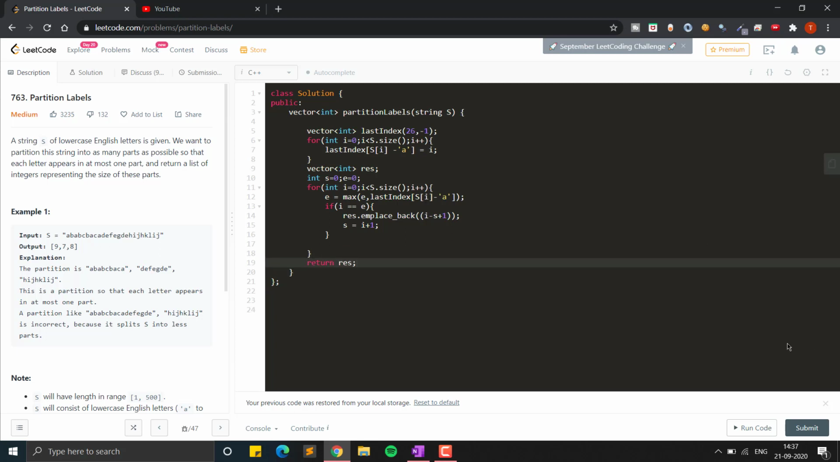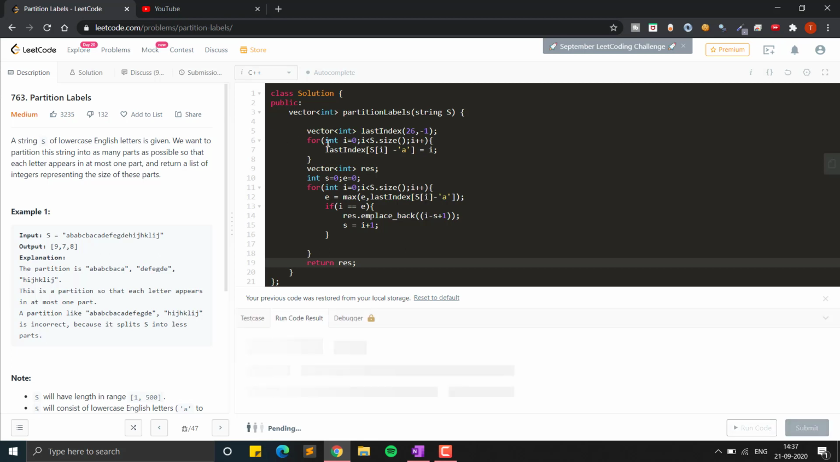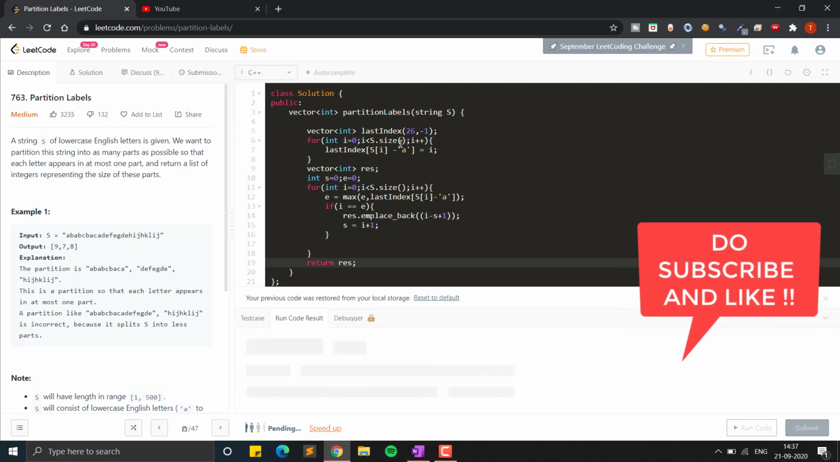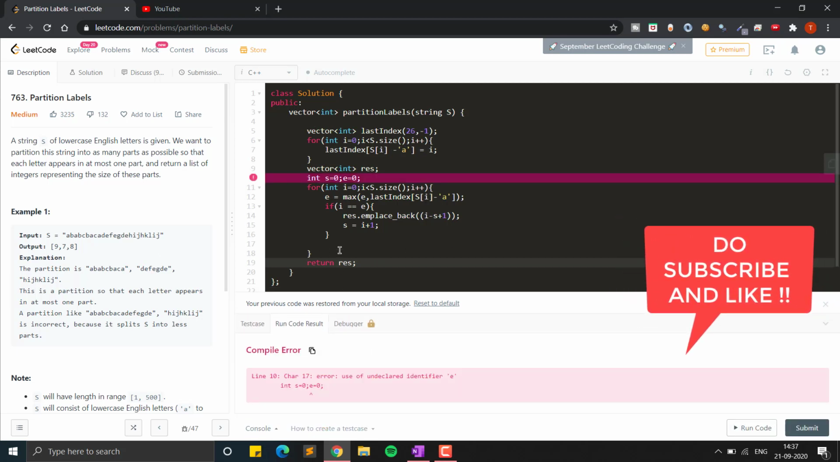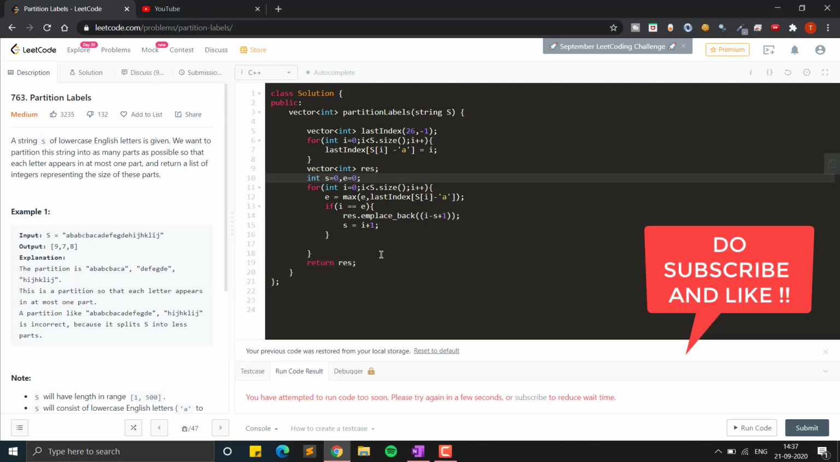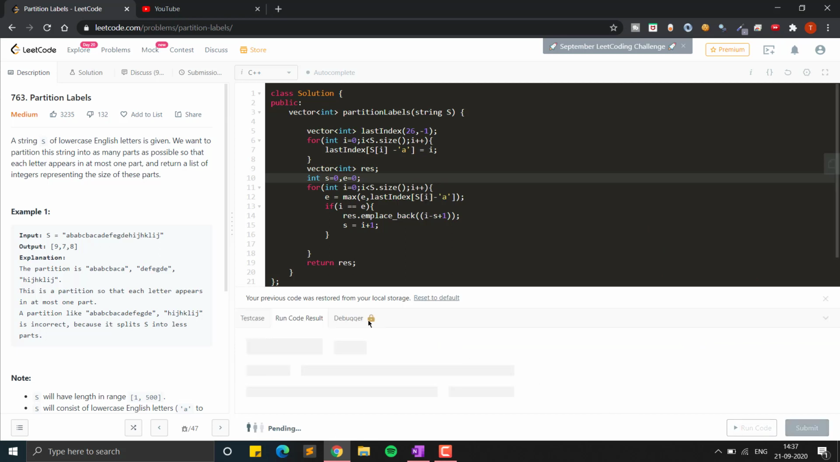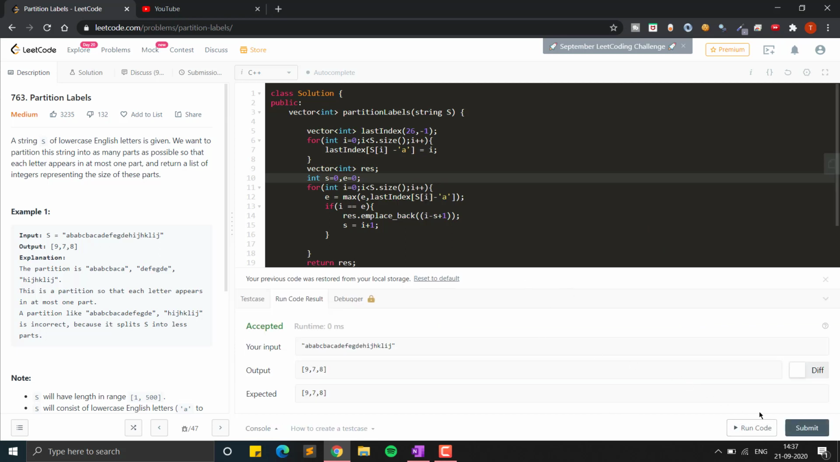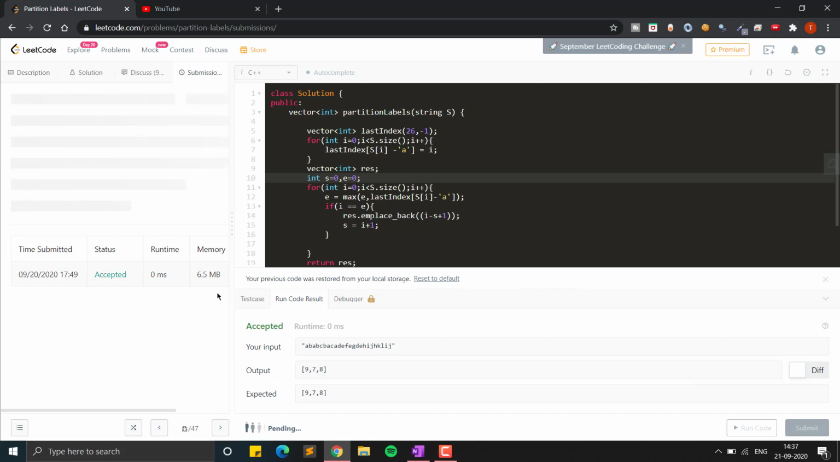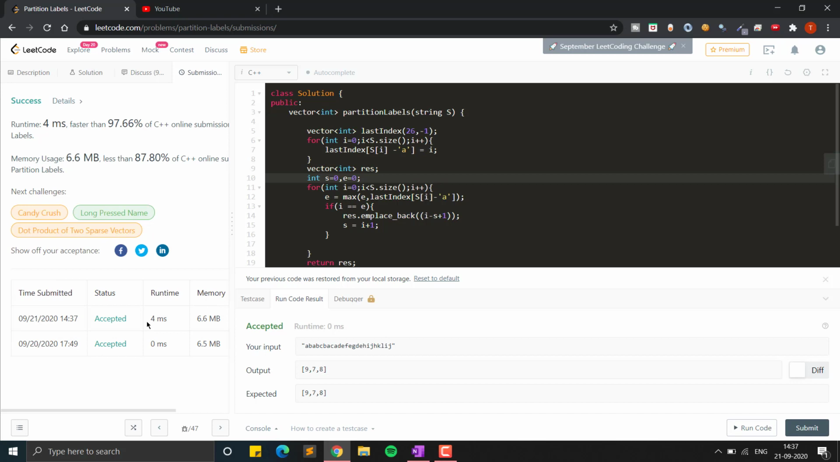I hope this works. Let's see. I hope I haven't made any mistakes. Yeah, it should be a comma here. So you can see, let's submit it. Yeah, it got accepted. You can see it ran in 4 milliseconds, and it was faster than 97.66% of solutions, and it took less memory than